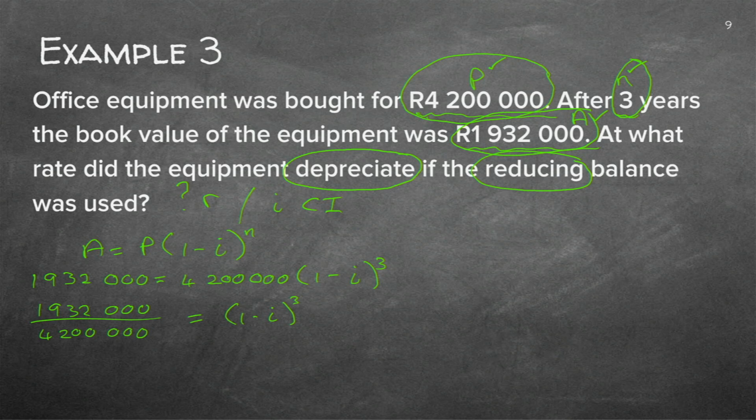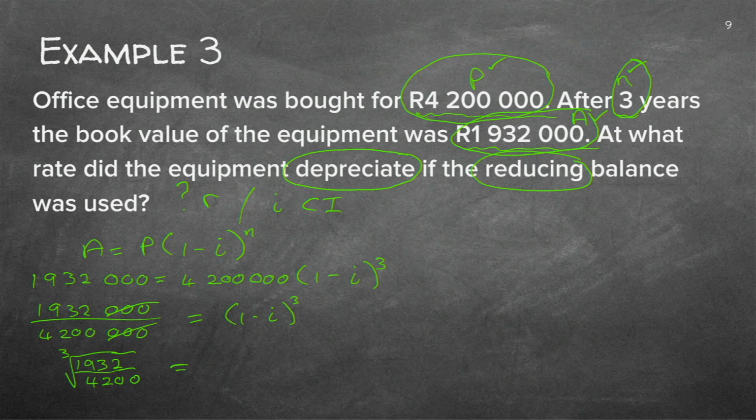Now I'm just going to do the next step as well so that you make very sure you know. I need to draw, and I can just cancel out those zeros. You need to draw the cube root because I need to get rid of that. So it's 1932 on the top with 4200 at the bottom. Make sure that your lines are long enough. You may not make a square root line just over half of this figure. You must make sure it covers the whole figure that you have.